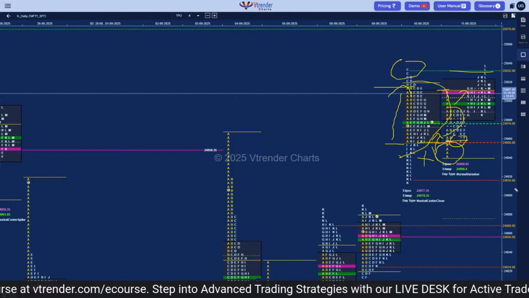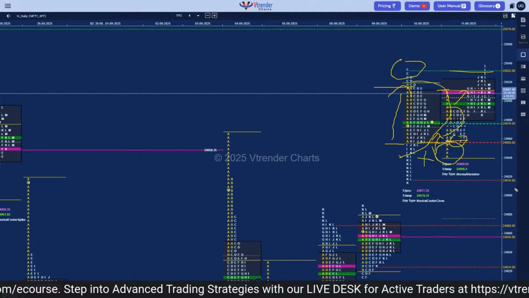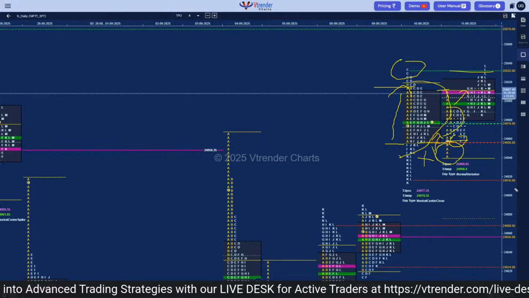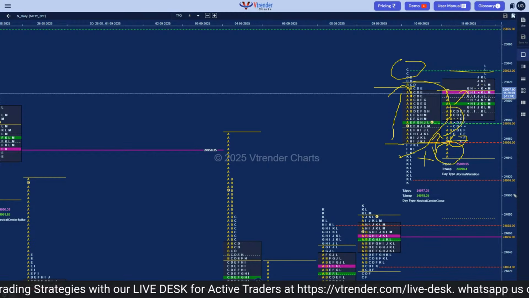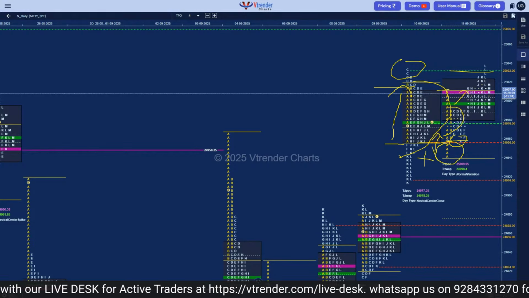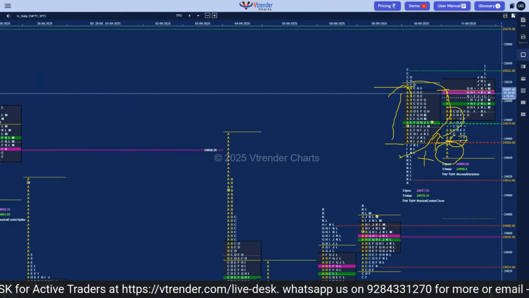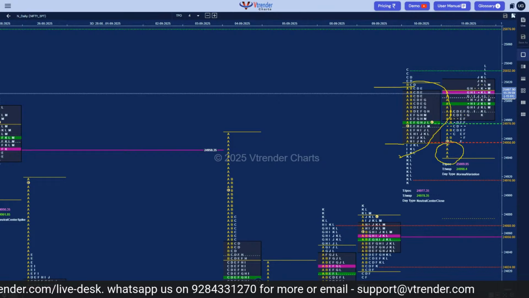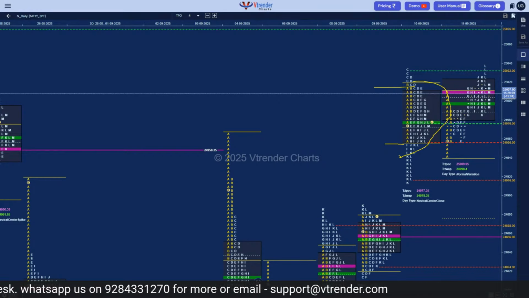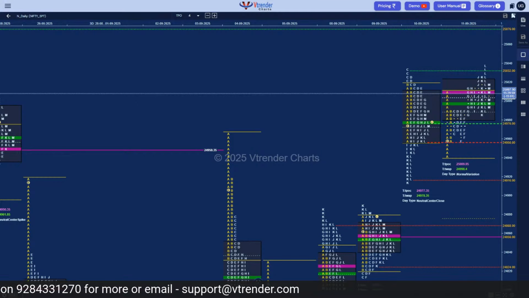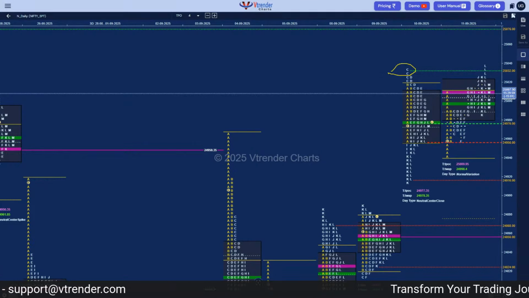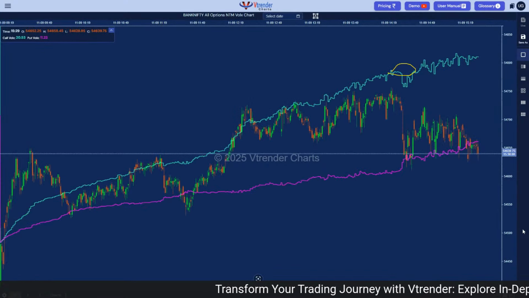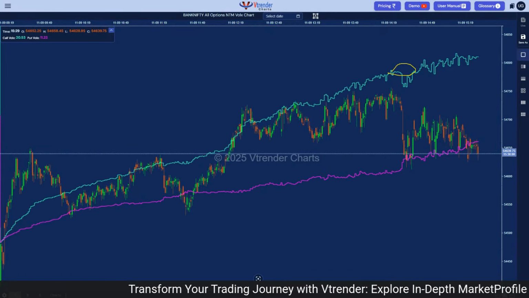So although it was an open auction in range and a narrow range day, yet again we remained in previous value. But what market profile showed us was the auction rejected the probe below the previous value. So there was a very good chance of testing the previous high of the previous value and also the previous failed auction, which was caused by this C side extension. So this was the setup in market profile. And if we come back to the VWAP chart,